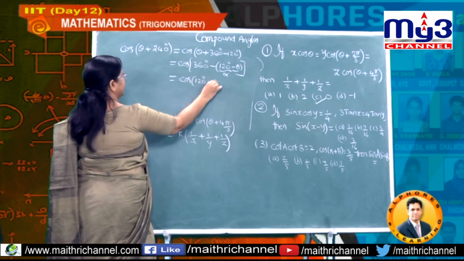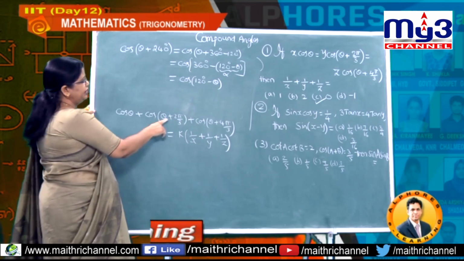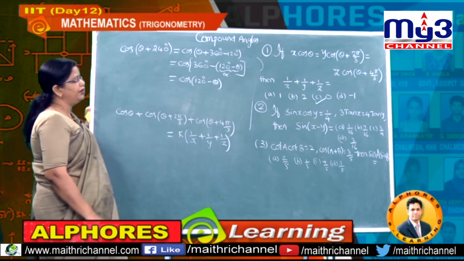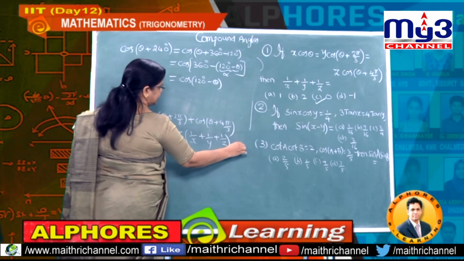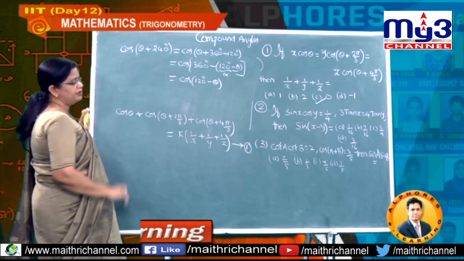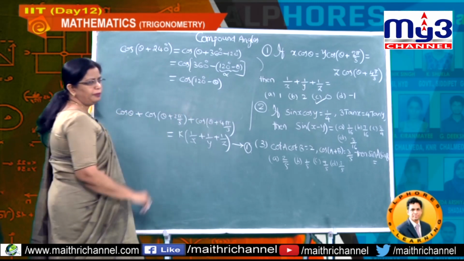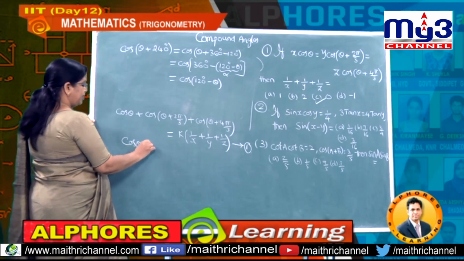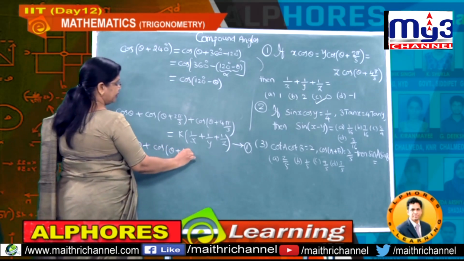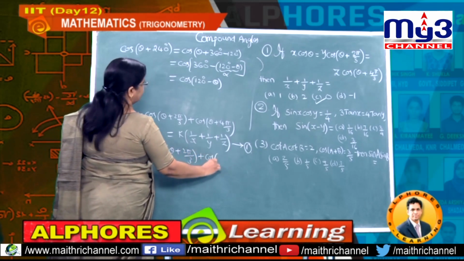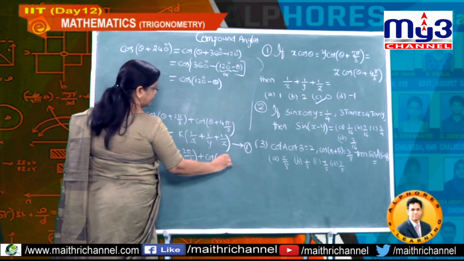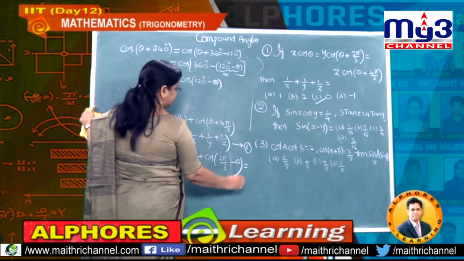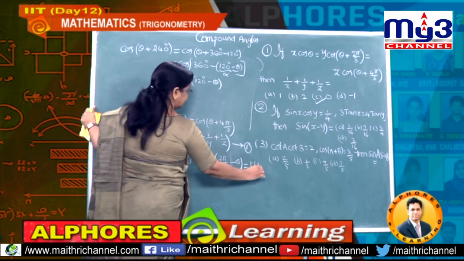So now you got this kind of value. Here 120 plus theta is there, here 120 minus theta you got. Therefore let us take this as equation 1. Now this simplification we did for cos theta plus 4 pi by 3. Now I am going to substitute the value here, that is cos theta plus cos of theta plus 2 pi by 3 plus cos of 2 pi by 3 minus theta, and equal to, what is the answer, that means the RHS you are having, it is k times 1 by x plus 1 by y plus 1 by z.